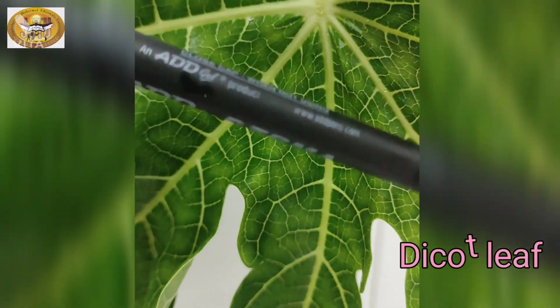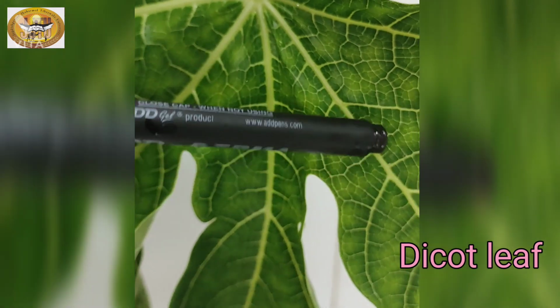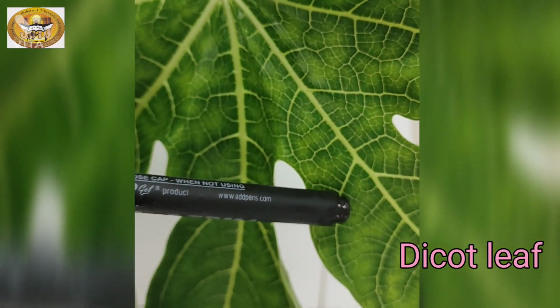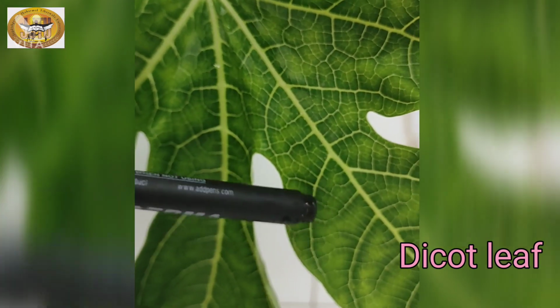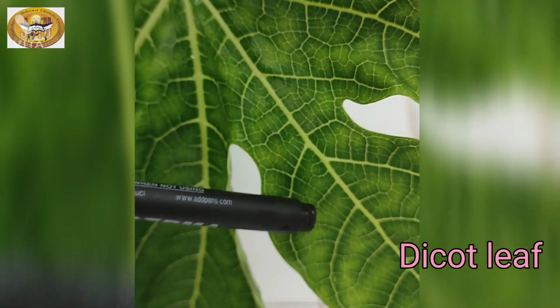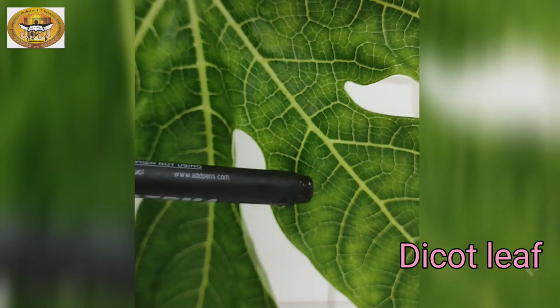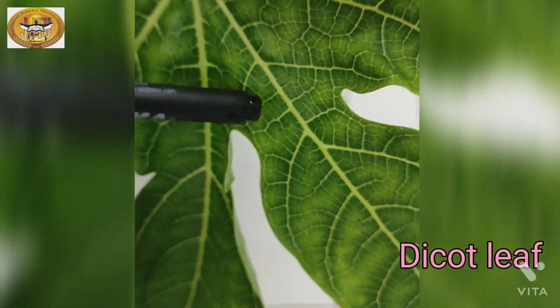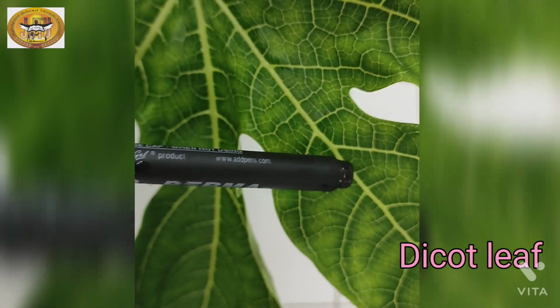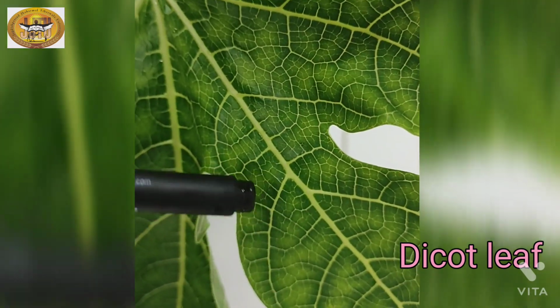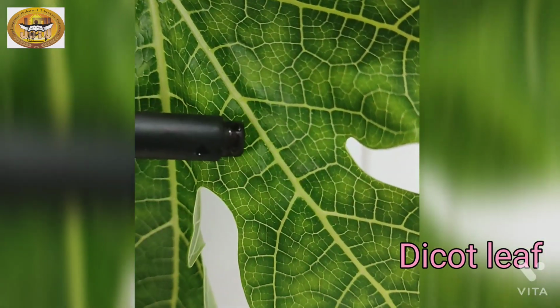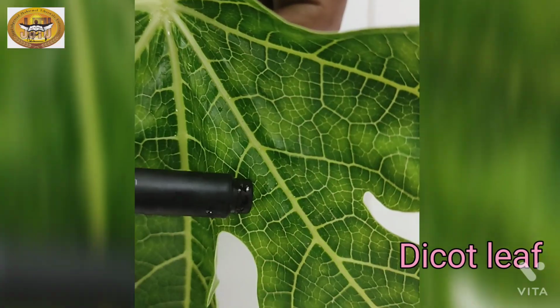In this leaf, you can see there are several reticulate structures you can find everywhere, very easily visible here. So in all the dicot plants, you will find the same thing. The several reticulate-like structures are known as reticulate venation, and all the dicot leaves have reticulate venation. I hope you understand this.